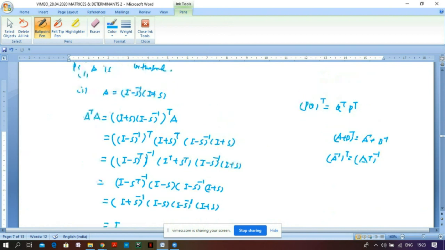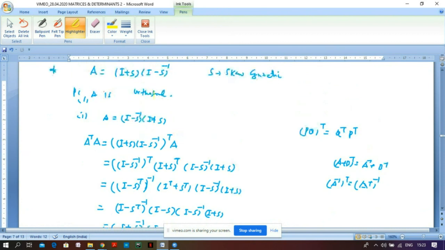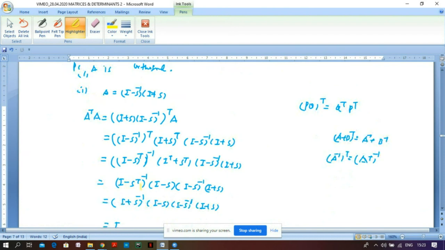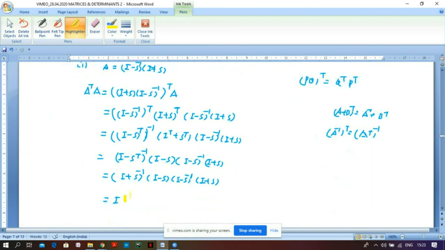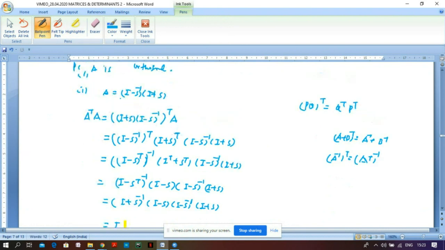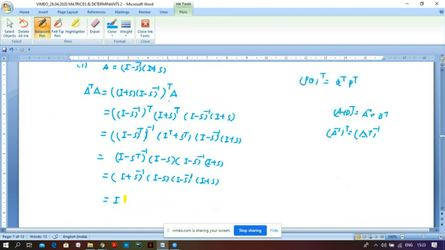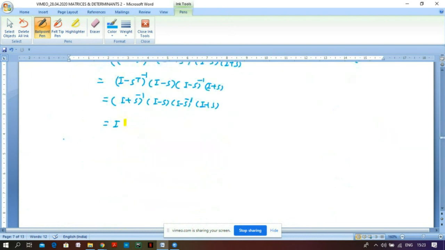Let's do it once again and review it. We wrote A equal to I minus S inverse I plus S. We have to prove that it is like this. So I plus S, I minus S inverse transpose, and I minus S inverse I plus S. In fact, we have used here already I inverse, and then we got this kind of thing, and ultimately we got I. Here we already assumed the second part, that A equal to I minus S inverse I plus S. Without assuming it also we can do that. Second solution